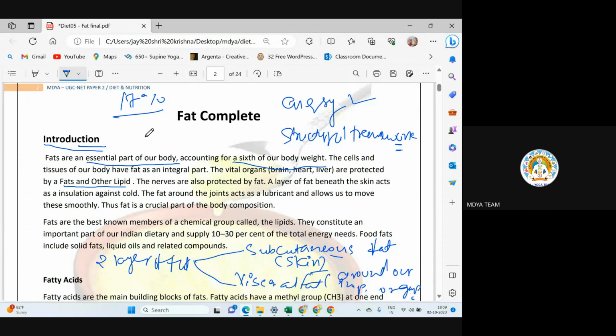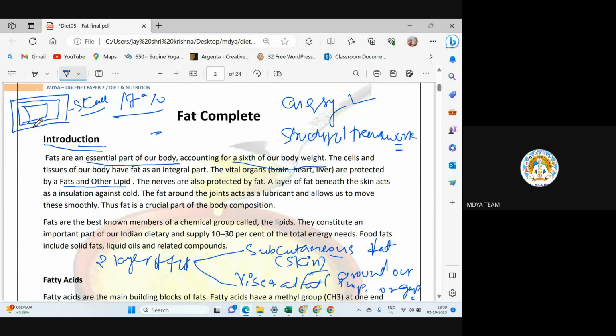So imagine you are packing some gift, or some important or valuable thing. When you are packing, you put some cushion or some material inside that prevents the item from breaking. Similarly, in our body, most of the packing is done in the same way. First there is a hard covering of bones. Just take the example of the brain. First there is the hard covering of the skull, then there is a soft covering or cushion of fat. Then inside, the vital organ is present.